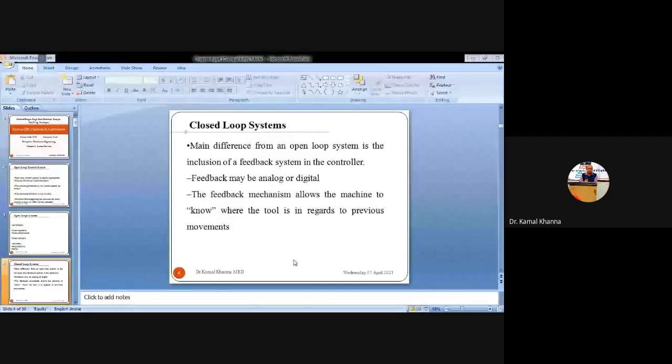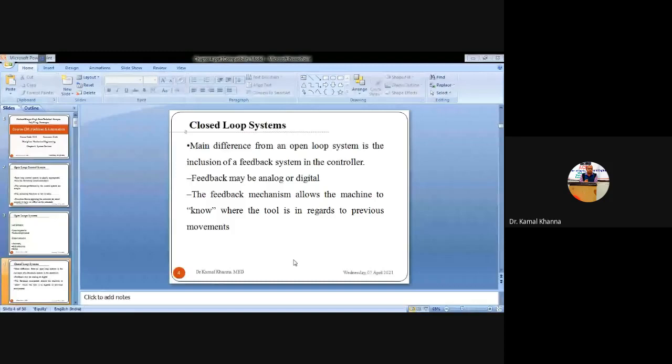That is, where was the tool in the previous movements, where will the tool be in the next movements, which kind of operation is to be performed, which operations have already been performed, and what is the sequence of the next operations to be performed on the specimen or the workpiece. So the closed loop control system helps in providing the feedback. It is saving the material, helping in increasing productivity and repeatability, and helps in achieving highly accurate and precise finished quality products.